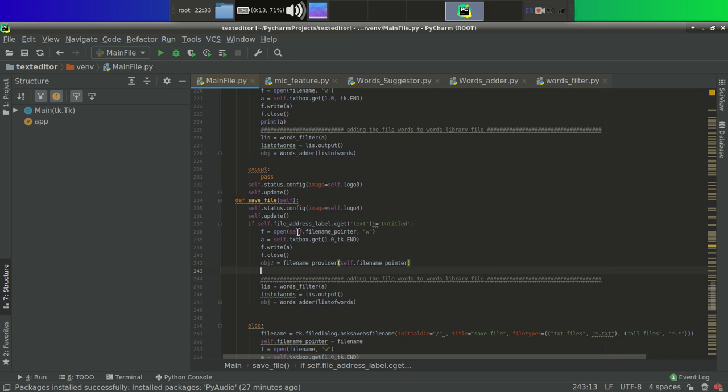Actually I am confused with file name pointer. You can see that here we have used file name pointer, and here we are writing. I am sorry for that really, because since this is open and in this open we are using file name pointer, it means it is holding the complete path. I'm sorry for that. Actually I was a little bit confused, but now I am clear that it is self.file name pointer, it means it is holding the path.